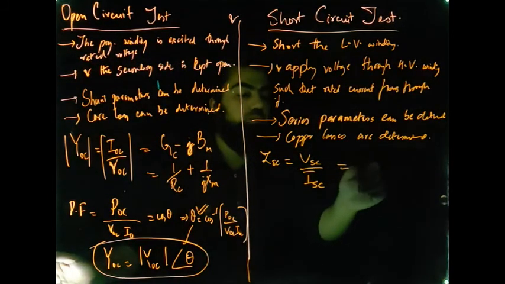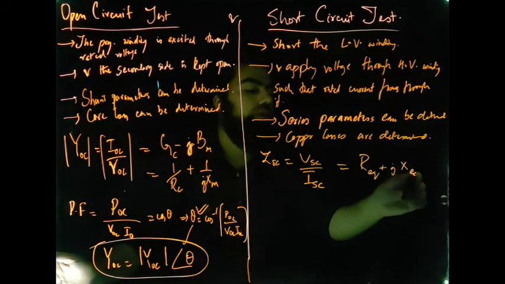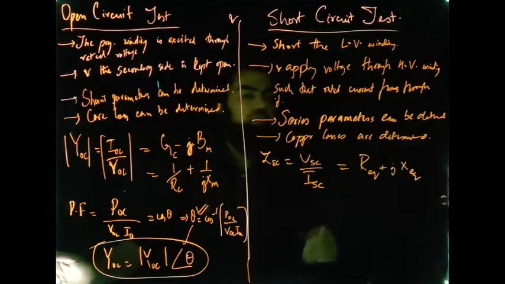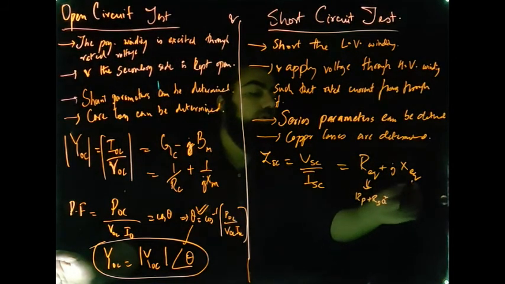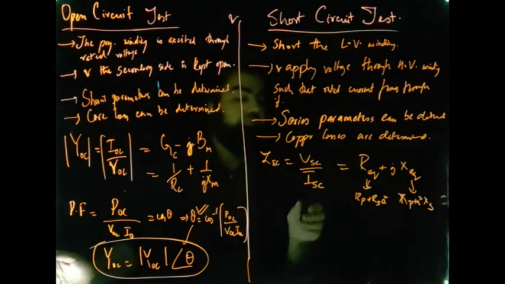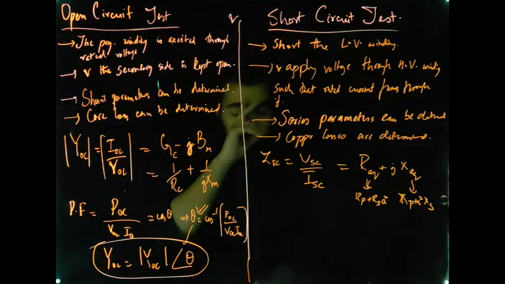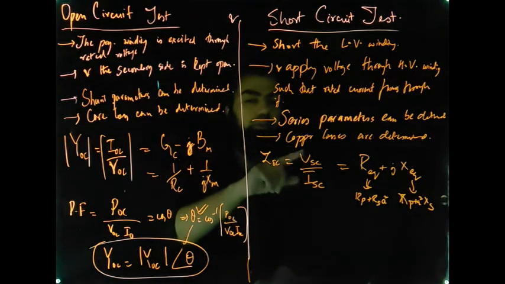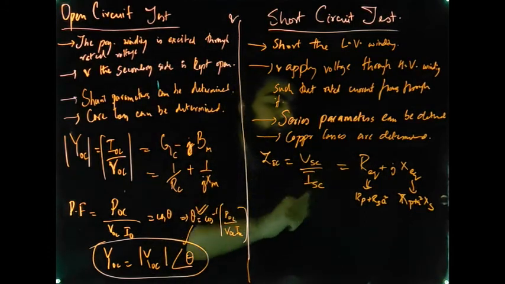This will be equal to R equivalent plus j X equivalent, where R equivalent will be Rp plus a square times Rs, and X equivalent will be Xp plus a square times Xs. So using the measurements of voltage and current from the voltmeter and the ammeter, we can calculate the impedance, and from there we can then